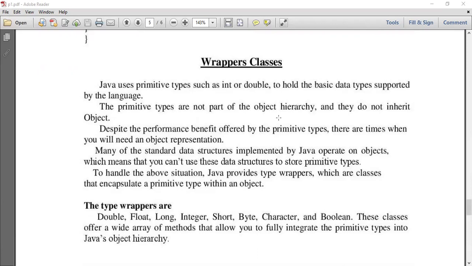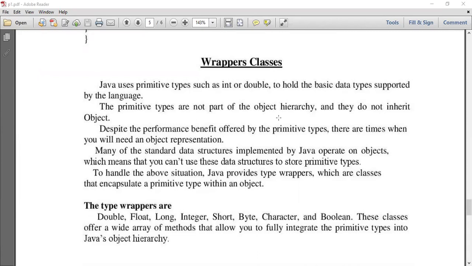Primitive types we also call basic data types. Basic data types involve integer, character, byte, double, float. All of them are primitive data types.